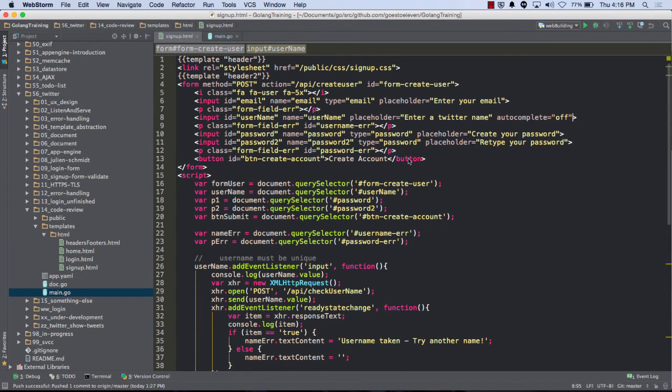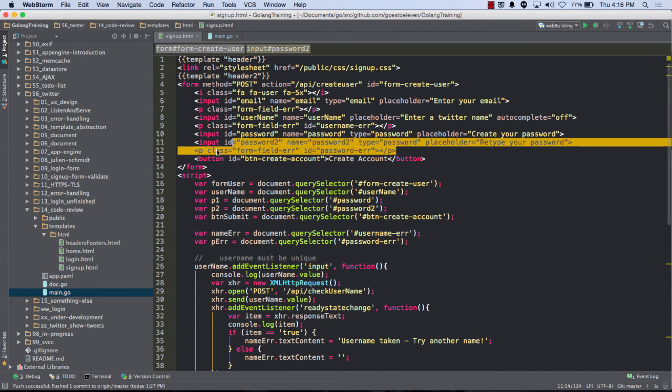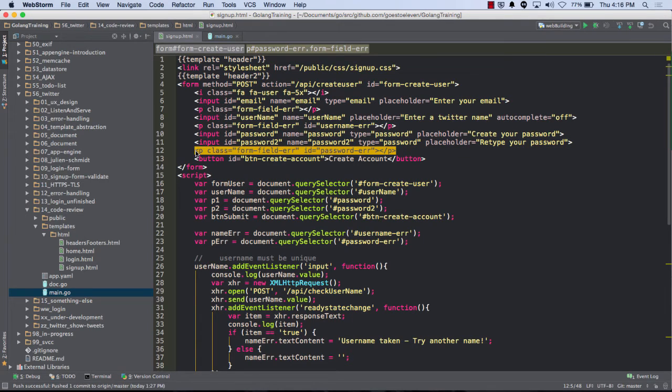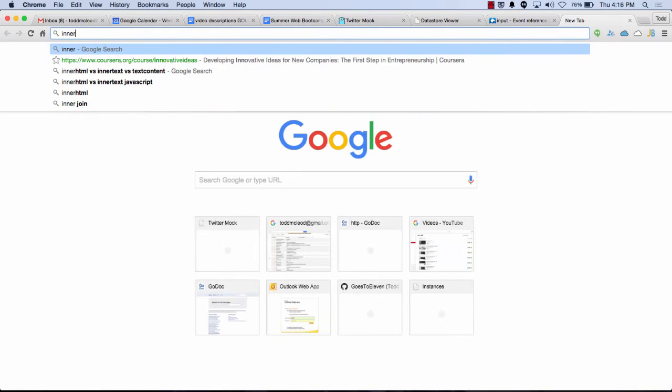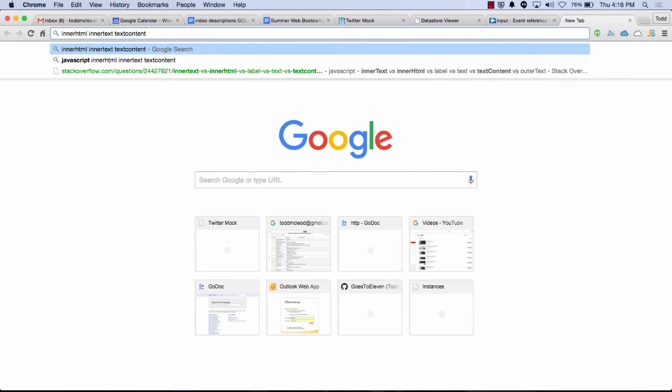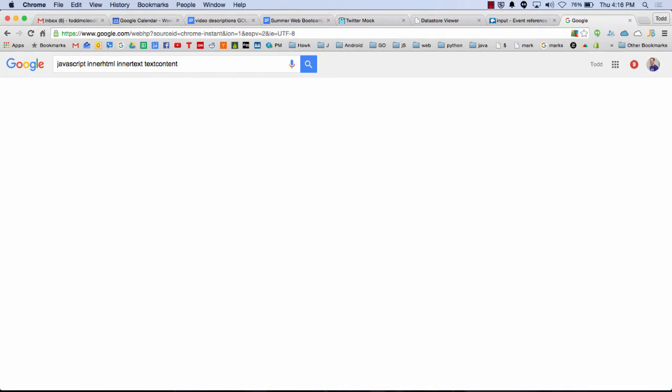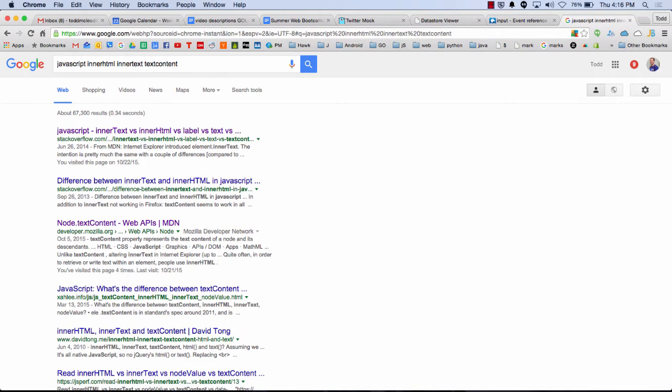When you're doing a paragraph, you could do inner HTML, you could do inner text, or you could do text content. Which one do you use? Inner HTML, inner text, text content. All right? Well, we got 3 choices. Well, I would use inner HTML for a node and text content for if I just want to get the text without the tags.